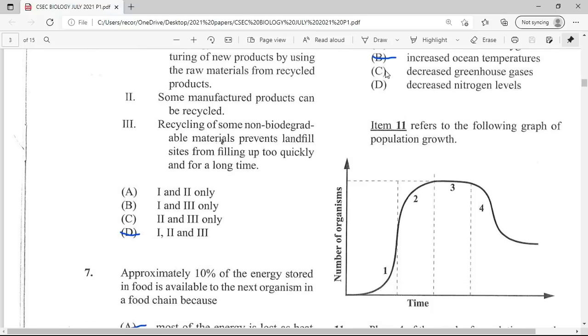It appears to be something similar to what we call a sigmoid growth curve, or the S curve. Here, this dotted line coming across shows the carrying capacity. Usually there is a fluctuation about carrying capacity as the growth of the population faces environmental resistance. Here it's showing the start, the lag phase, and then the exponential growth phase. And then one might say here's a plateau, and here we are having dying off and all of that.